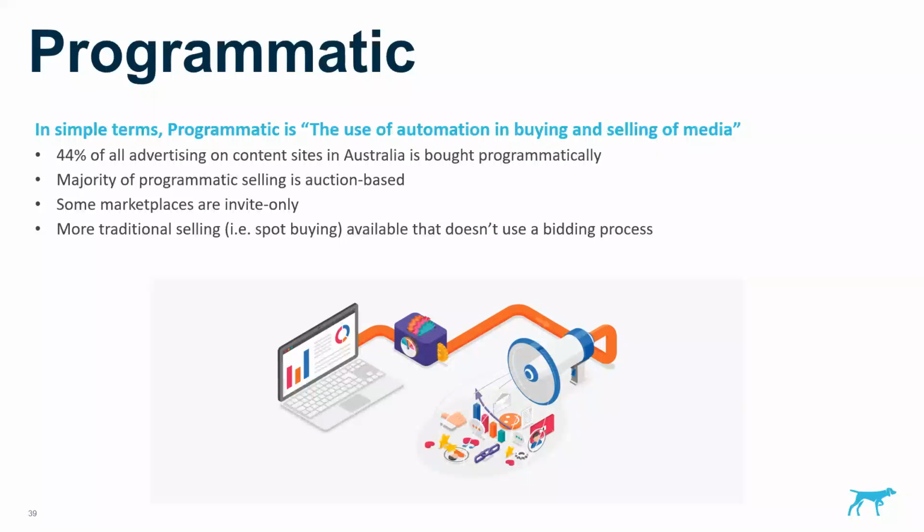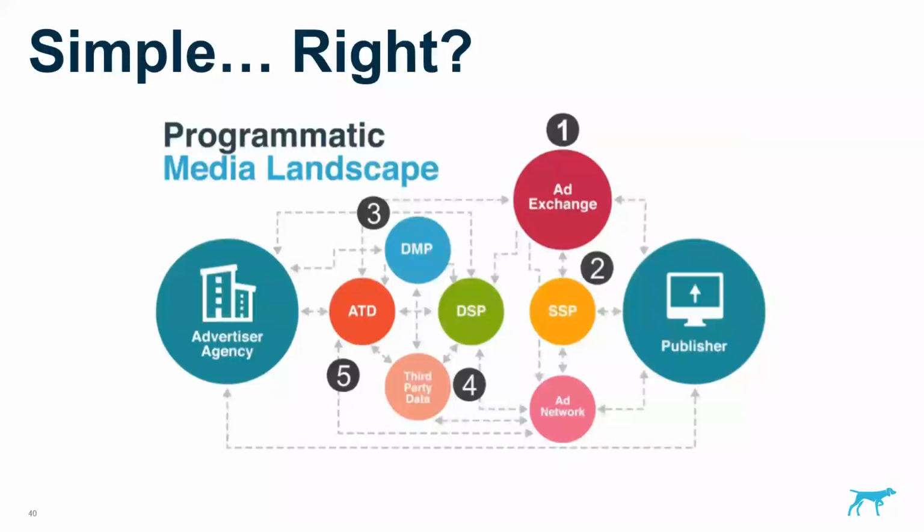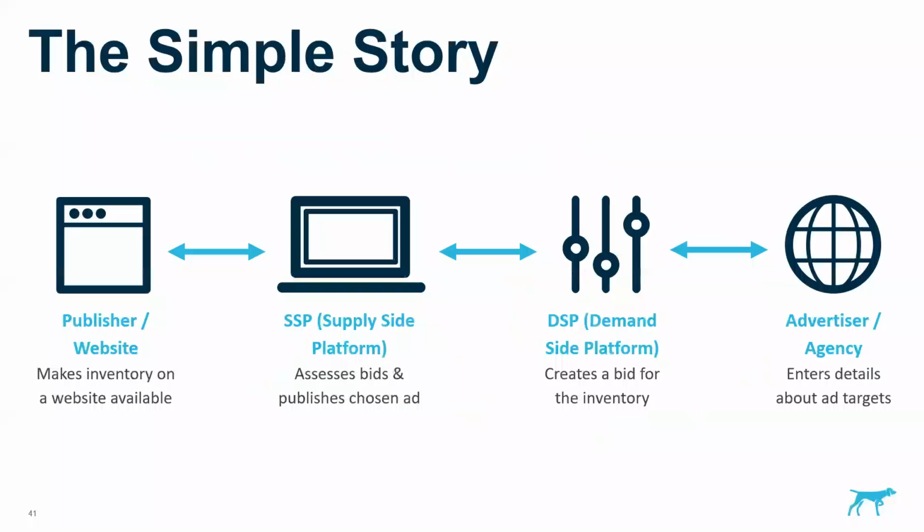So just saying, oh, automation, it sounds pretty simple, but unfortunately it's not. This sort of diagram always helps show how this managed to be such a confusing process for a while. There's so many acronyms, every arrow points to every other point in the diagram. For anyone who's not familiar with the way it all works, it's a bit of a nightmare to navigate. So in the simplified manner, we've got the publisher of the website, and what they do is they've made inventory on a website available. They've got their website and they've said, here are the spots for the ads.